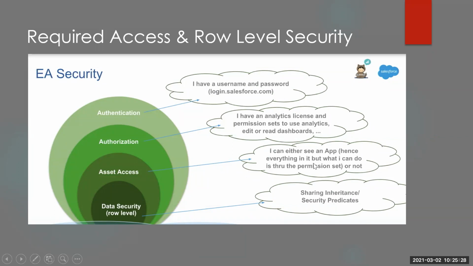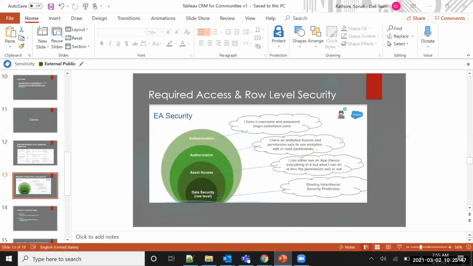Now suppose you have an app which is showing opportunity and accounts data, and you want to make sure that the user sees only the opportunities the user owns. How to do that? You can make sure that the security predicate is added for that data set. So what's the security predicate? I'll show you.